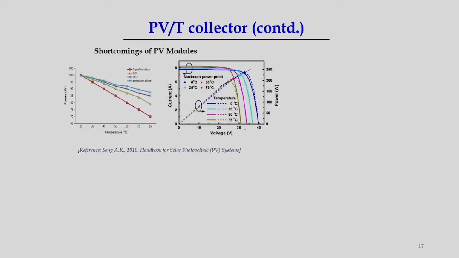And this figure shows the effect of temperature on the open circuit voltage and short circuit current. At the same time, we can see the variation of power with respect to the voltage. So, if you follow this blue line, which is at 0 degree C, VOC is maximum. When temperature increases from 0 to 25, then 25 to 50, then 50 to 75, we can see the trend